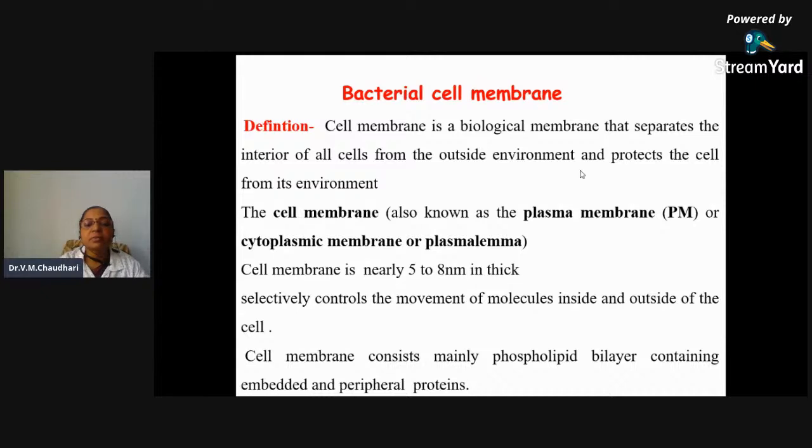Outside environment contains a number of toxic compounds, antibiotics or other salt concentrations. So the cell membrane protects the cell from the outside environment and